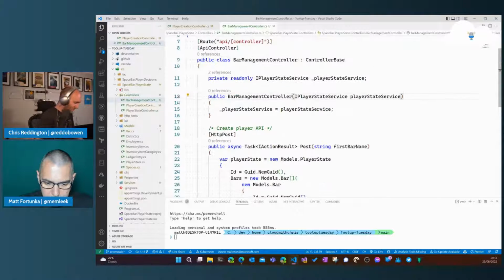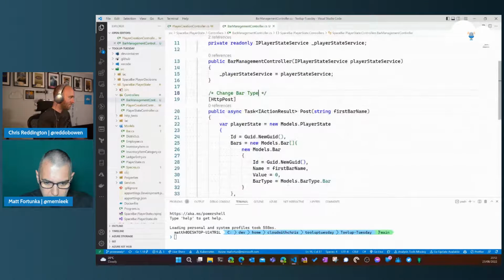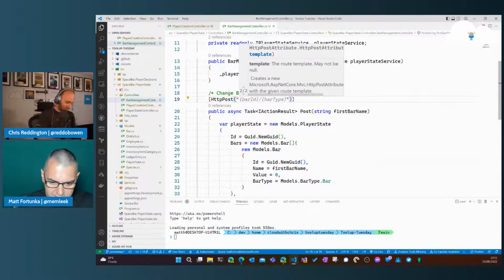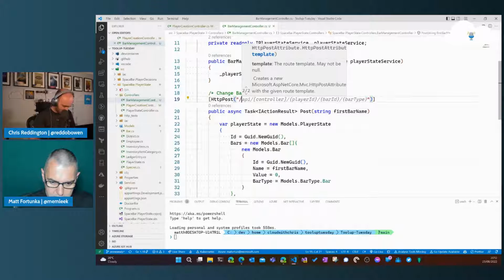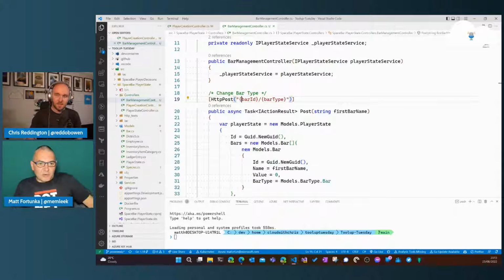So we're going to have an operation called change bar type, and we're actually going to give that bar ID and bar type. What I'm trying to figure out here is how we make sure that we don't end up with a single operation for every update that you could possibly do to your bar object. Because we could potentially end up with a change bar type operation and then a change add employee operation and